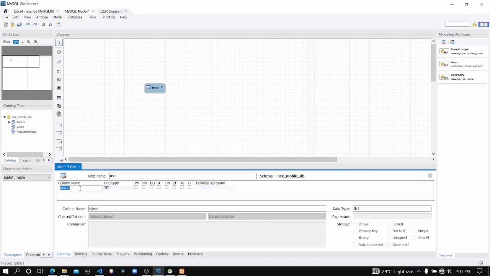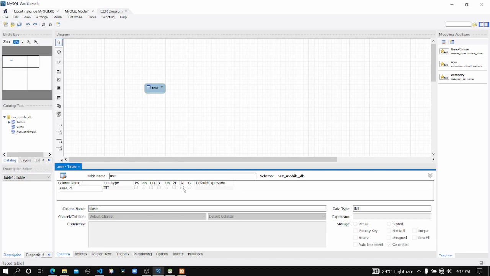Here I'm going to define the first attribute, user ID, and I'm going to select the auto increment option.